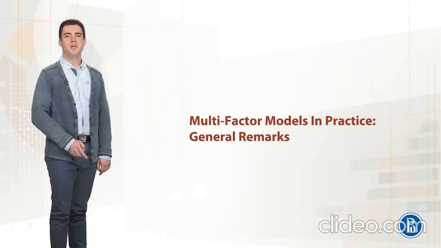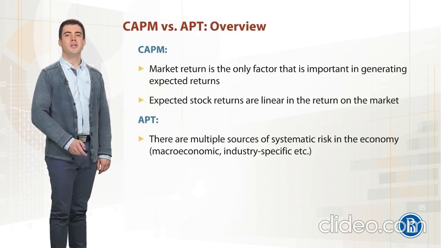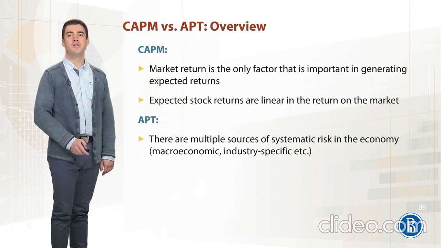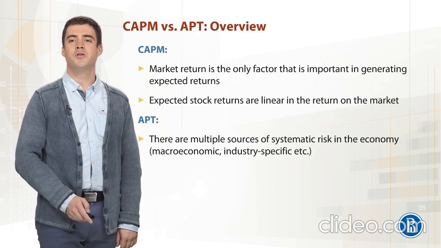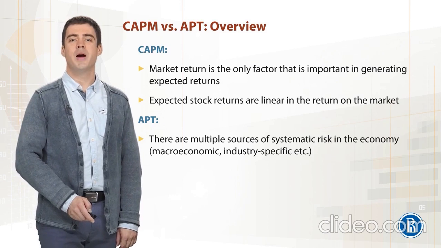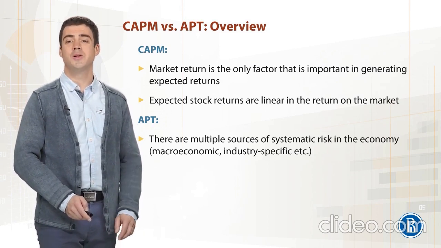The arbitrage pricing theory gives us a straightforward, alternative view of the world from the capital asset pricing model. Indeed, the CAPM implies that the only factor that is important in generating expected returns is the market return, and further, the expected stock returns are linear in the return on the market. The APT allows there to be multiple sources of systematic risk in the economy. Some may reflect macroeconomic factors like inflation and interest rate risk, whereas others may reflect characteristics specific to a firm's